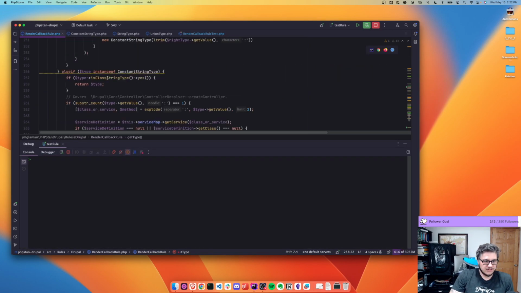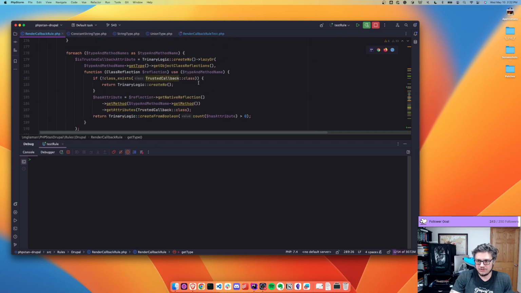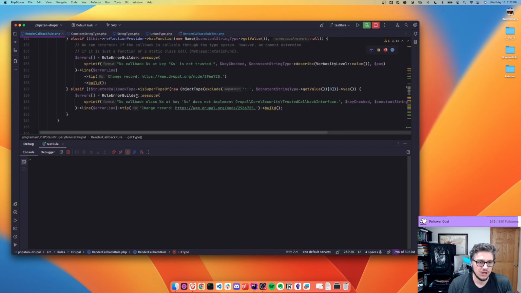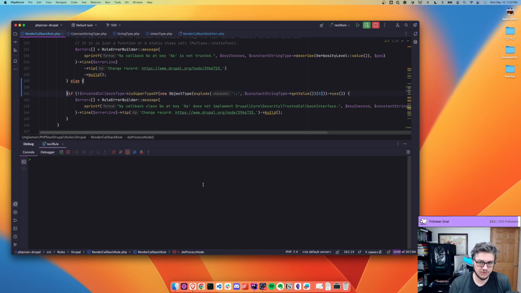I think it makes sense to not try to resolve the union type here. I'm going to undo that breakpoint and see if we can just fix this logic in the constant string types. This probably will need to be split into an else to try to discern everything that's happening. So how about I do that once this debugger is done, or not when it's done. Let's